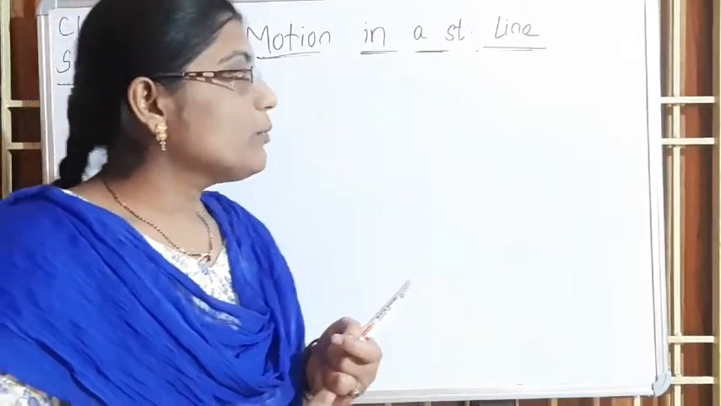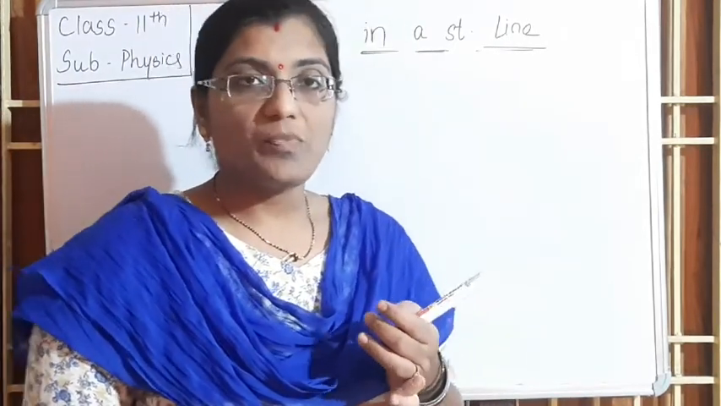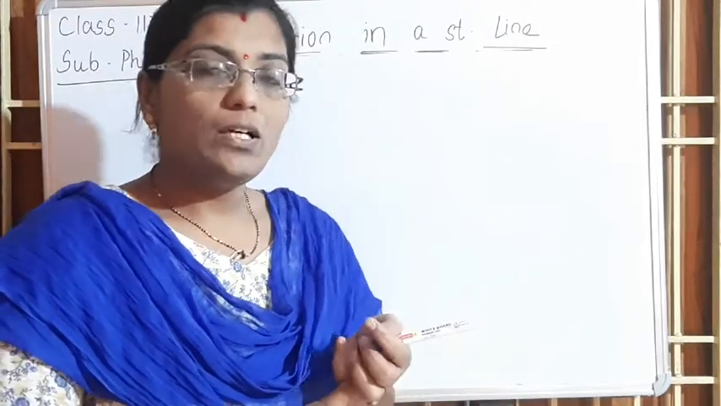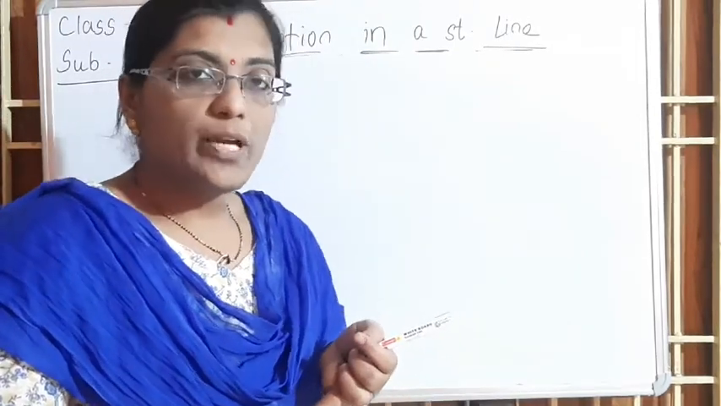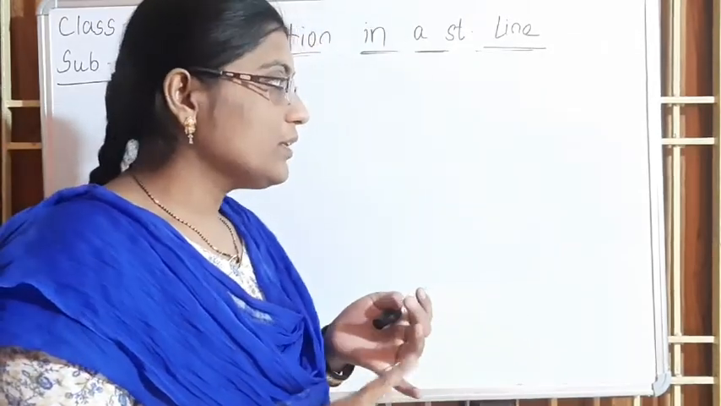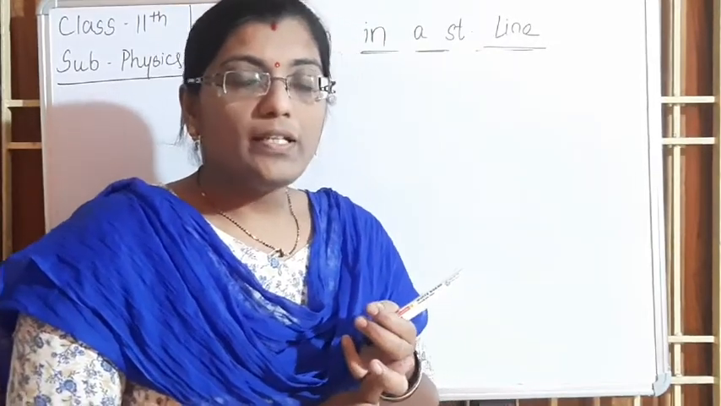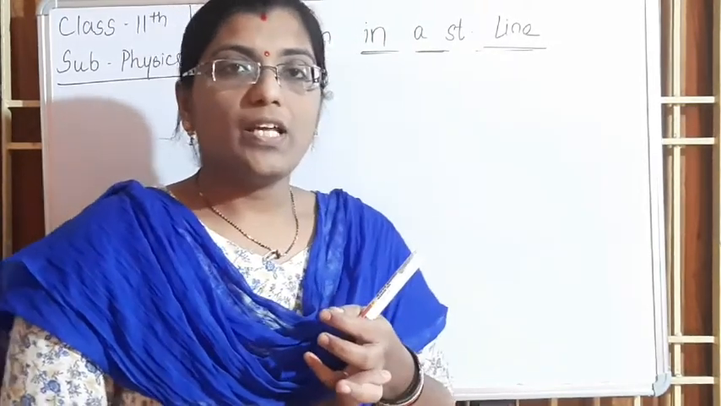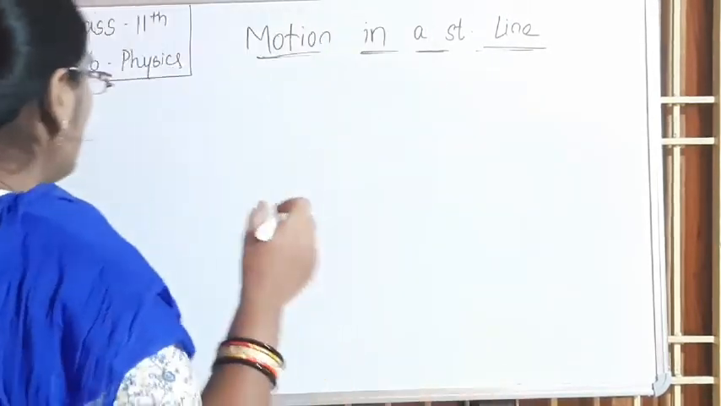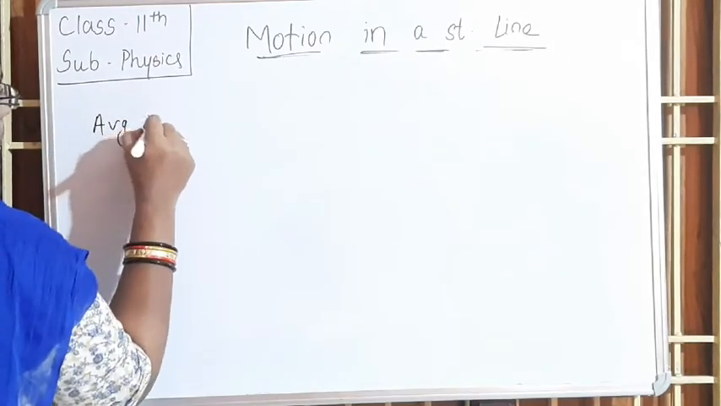And the dimensional formula is M0 L1 T0. Displacement is the shortest path covered by the object and it is a vector quantity because it has direction. The SI unit is the same as distance, that is meter, and the dimensional formula is also the same, that is M0 L1 T0. In this session we will cover average velocity,